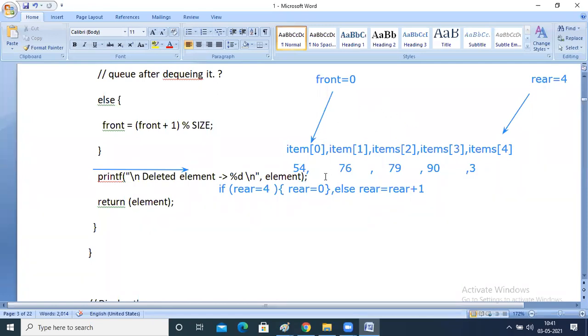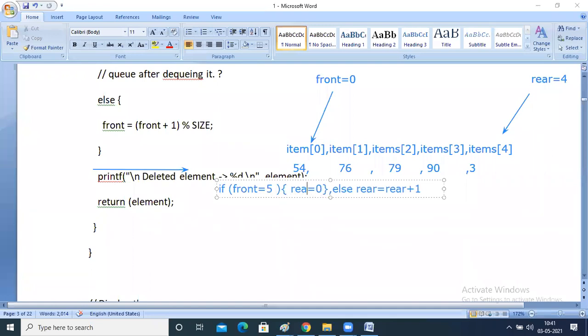In the same way as previously, for example, if front is equal to 4, then front is equal to 5.